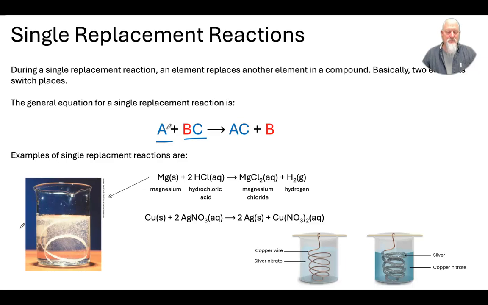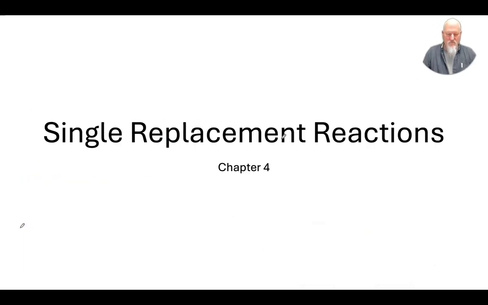switch A, so A goes with C, and then B comes out. So A is replacing B and making a new compound AC, and then eliminating an element. So an example of this,